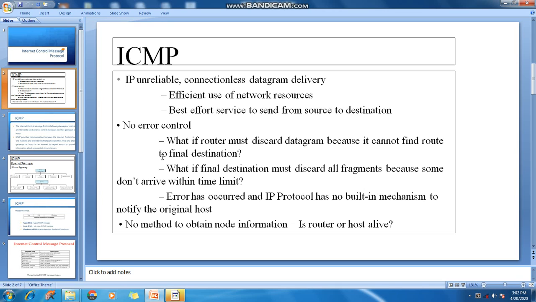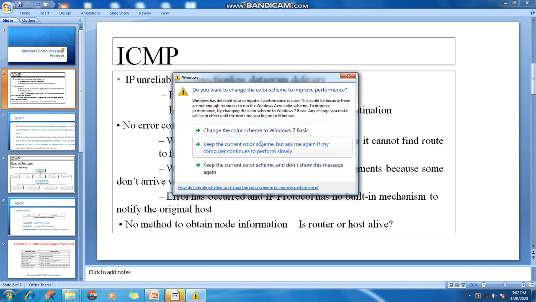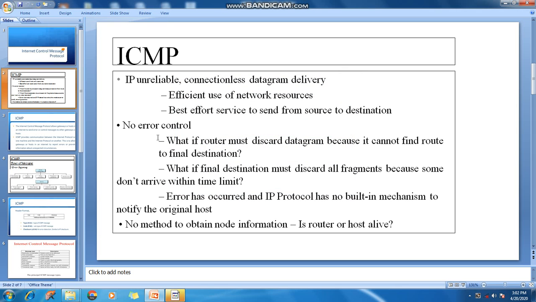When we are using the IP protocol for communication, the data sent through datagrams provides an unreliable type of communication. So ICMP is there to determine the errors that have occurred during communication, or to notify the node which initiated the communication that an error has occurred in the channel.